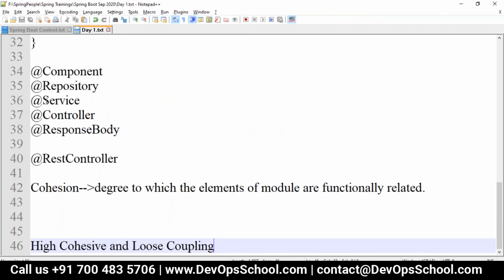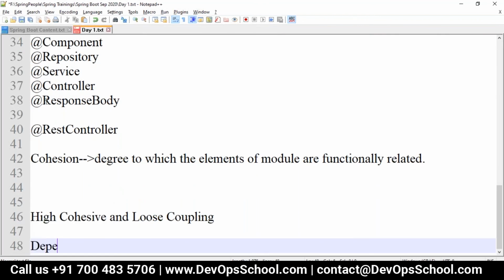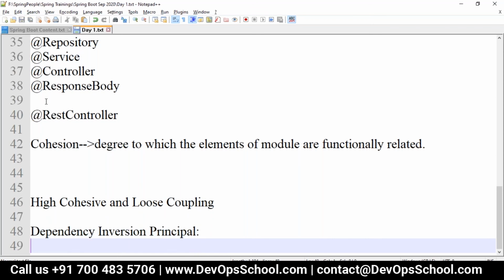So that is DIP, the dependency inversion principle. This is where you create an object using the new operator, and the result is being tightly coupled to another class.